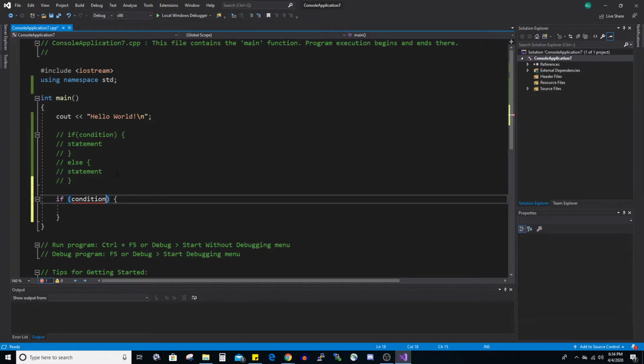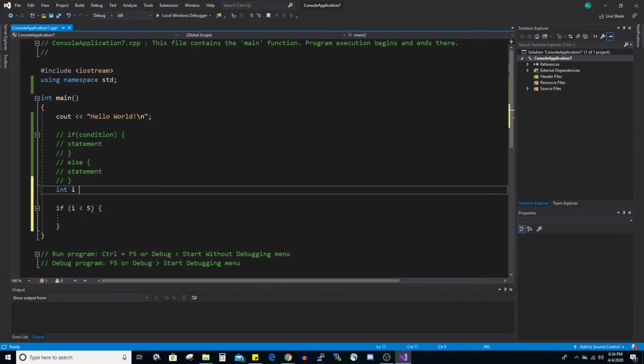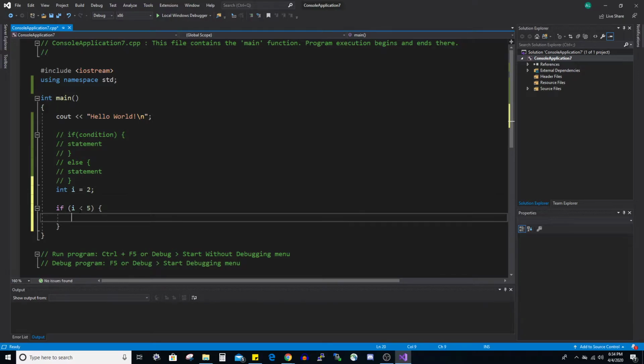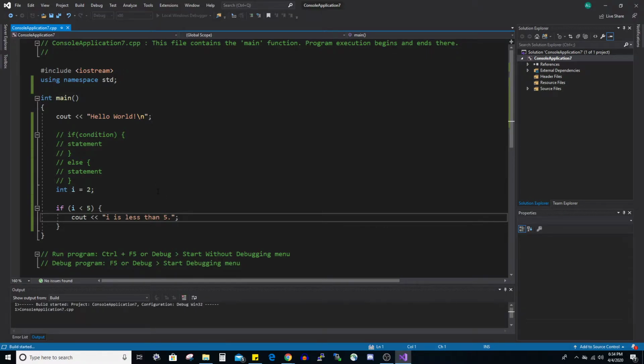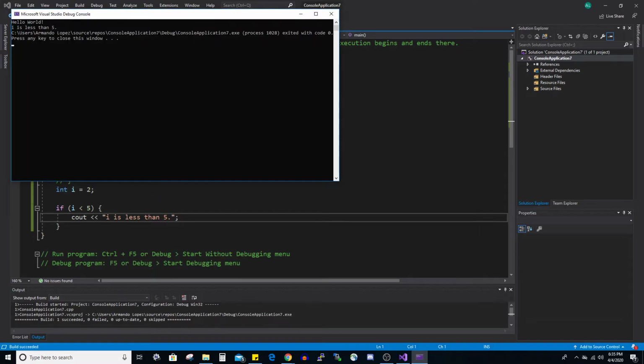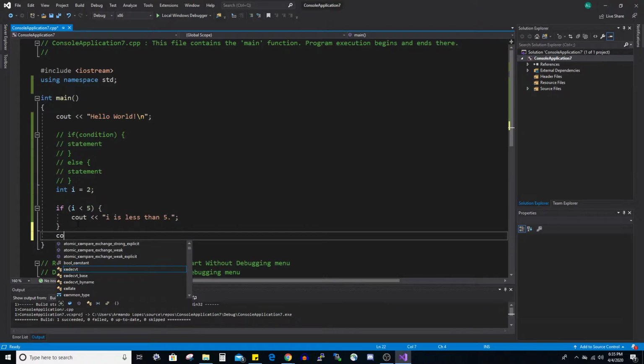So let's say if I is less than 5. Let's make I an int that's equal to 2, right? Now we've got if I is less than 5, cout I is less than 5. Just keep it simple. Save, and then run it. Yep, I forgot to take out the hello world, but it does print out I is less than 5. Now if we have cout